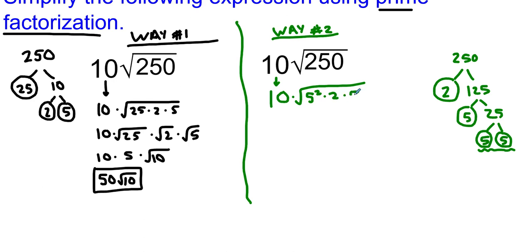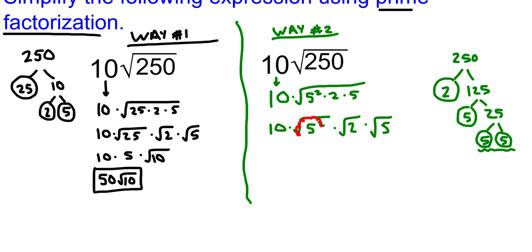I can use the product property of square roots to say the square root of 5 squared times the square root of 2 times the square root of 5. So each one of these gets its own square root instead of all being underneath one square root. Well, again, right here, the square root and square will cancel out just like that last example. So I end up with 10 times, square root and square are gone,